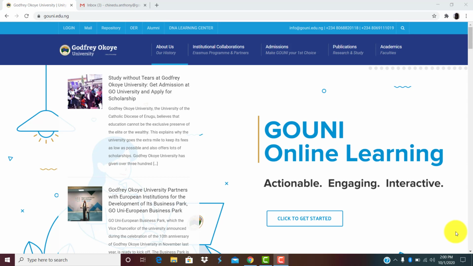Today I'm going to show you how to use Gofrekoya University Virtual Classroom. First and foremost, you need your login details. To receive your login details, you must pay your school fees and your ICT fee. Once you have paid your tuition fee and your ICT, the ICT unit will send you your login details